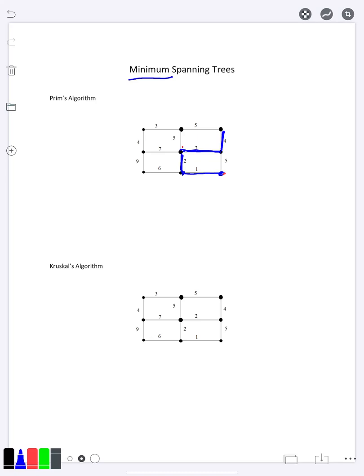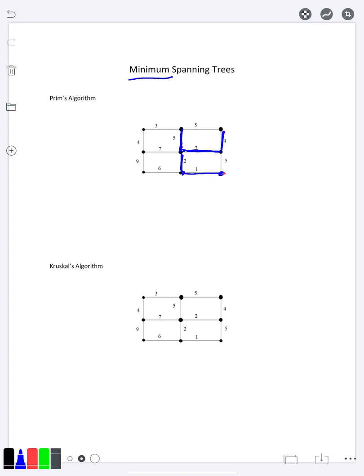However, you do want to be careful of one thing. You do not want to break the fact that we want a tree here. So if I were to add this right one over here, this right 5, that would make it so it's no longer a tree, so I can't do that. However, there are 2 other 5s. I'm going to go ahead and add one of them randomly. You could have chosen the other 5 and that would have been perfectly acceptable. You just have to use whichever one you want as long as you don't break